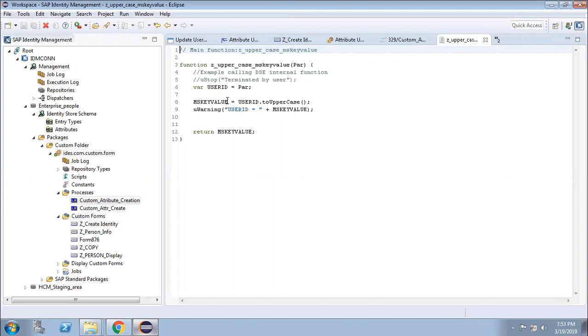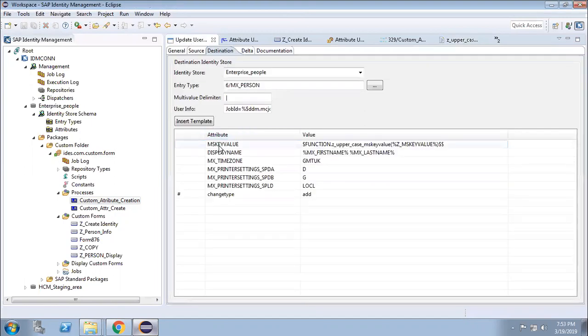And in ms key value, that is the original ID, I am putting that user ID dot to uppercase. That means whatever I pass over here will become upper case and update this ms key value. So I am doing that.